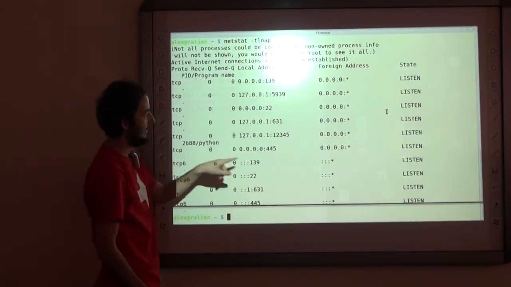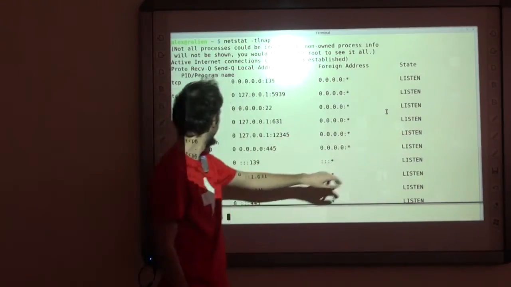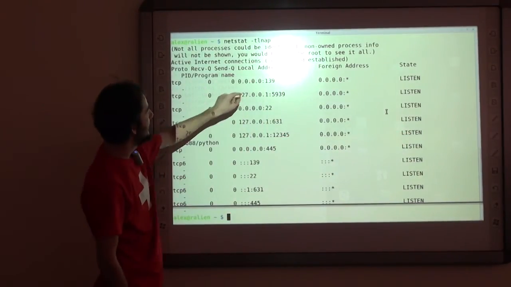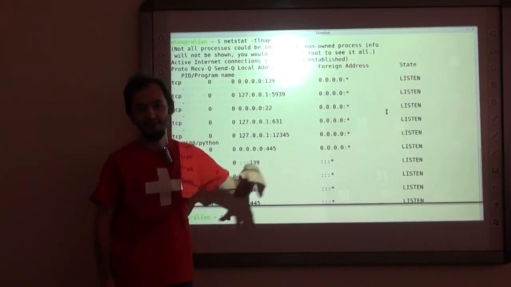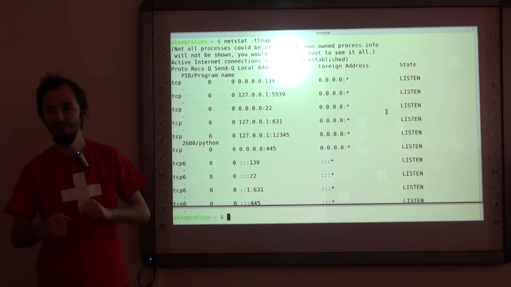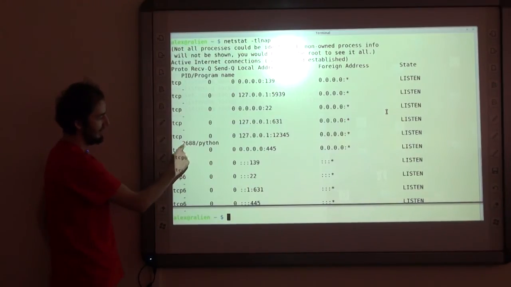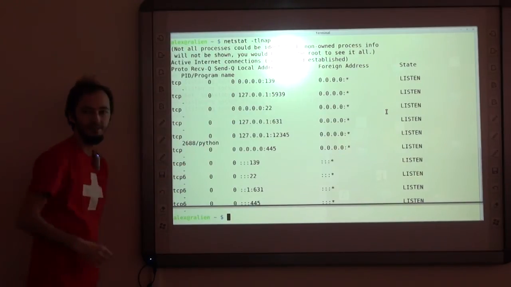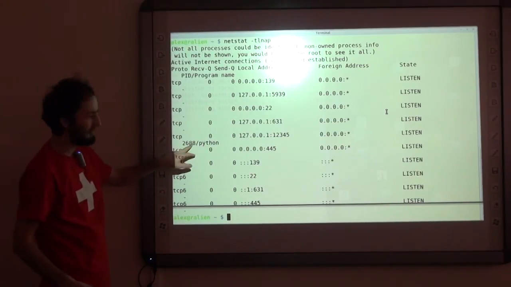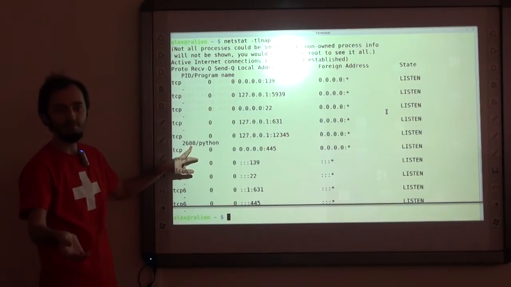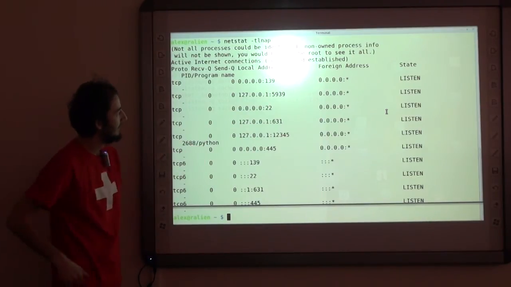It's in a listening state. And the parameter that I gave it here, P, says show me which process is responsible for this object. And it says process ID 2688, Python. In your case, it's going to be some other process ID. And if you do this in Python, it will be that.